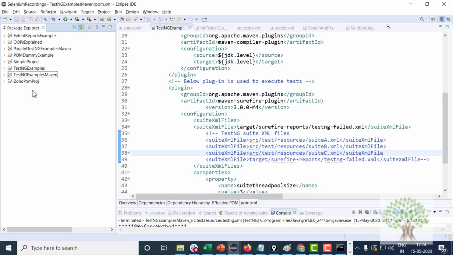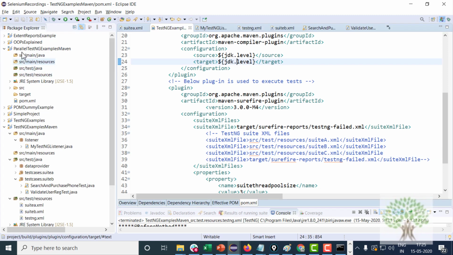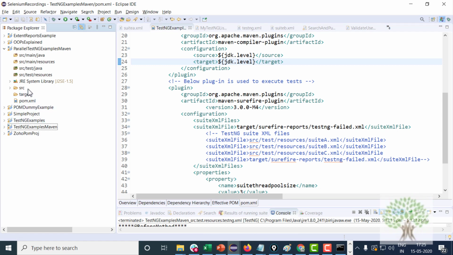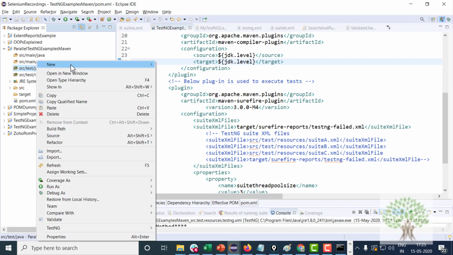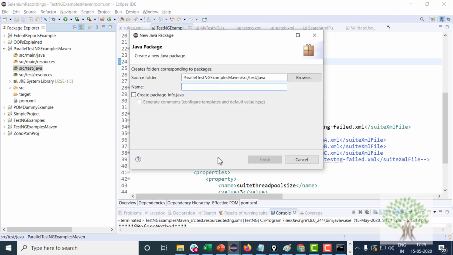Now just be with me for some time. You can run your test cases in parallel, you can run your test suites in parallel, you can generate reports in parallel execution, you can do a lot of things. And if I am able to run it in parallel with TestNG, then why is Grid present? I'm going to talk about different things right now. So in src/test/java, I will make a new package known as, say, test suite A,